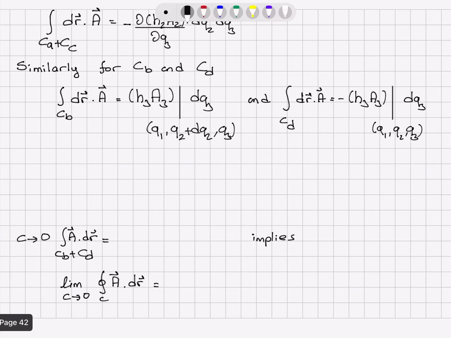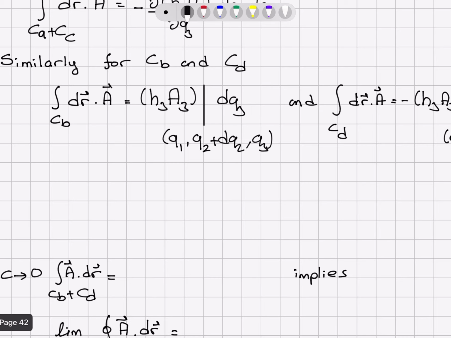Okay, so for H3A3 evaluated at Q2 plus dQ2, H3A3 evaluated at Q1, Q2 plus dQ2, Q3, I can again use the Taylor series expansion, which will give me